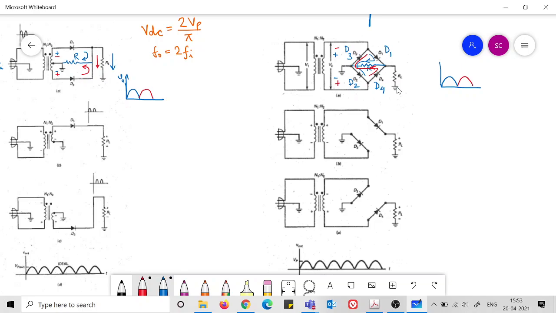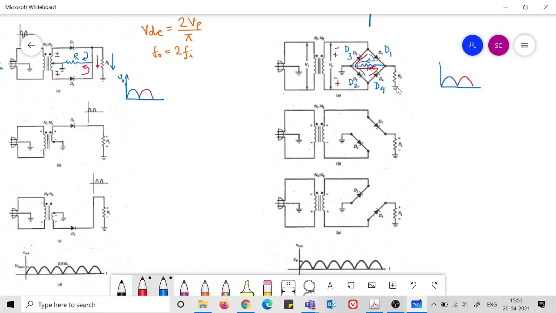This is what you only need to observe, that in both these two different circuits, the current through the resistor remains in the same direction in both positive cycle and negative cycle of the input. Hence, we get a full wave rectification. Both the positive cycle and the negative cycle is reproduced at the output as positive cycle.